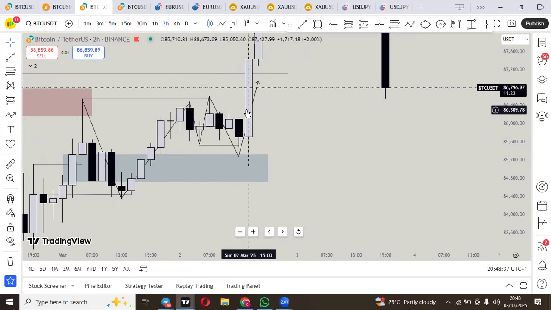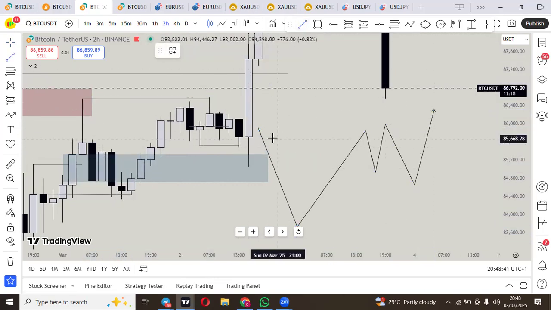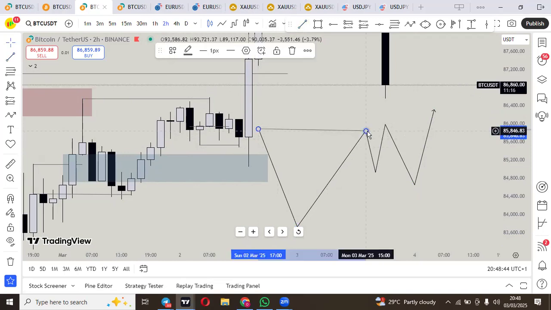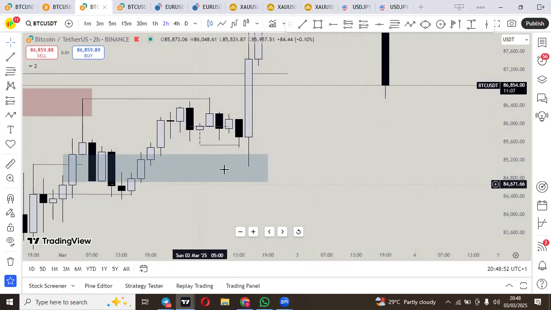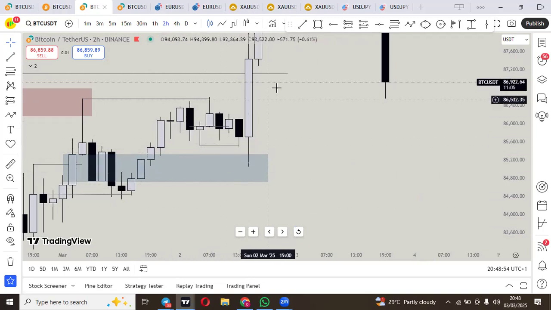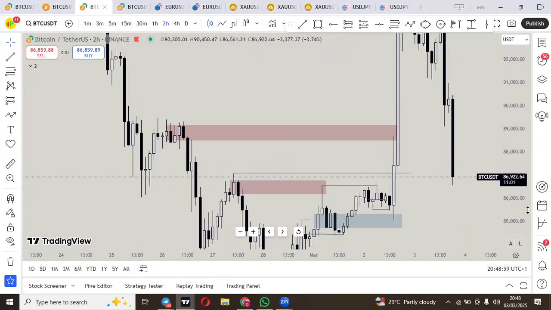Let's just delete it. This is the blue pattern that is forming right here. We have a break of this high, then we have a break of this high, then we have liquidity before a break of structure. I gave them the analysis that on Saturday, your bias should be sell to buy. So the market did the same thing. As the market spiked up,